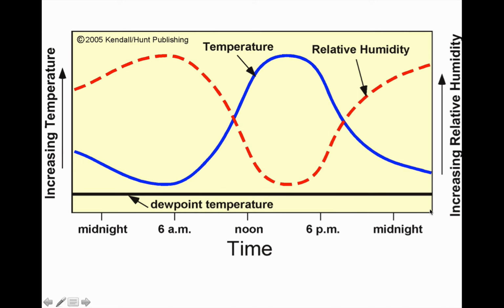Midnight to midnight on the x-axis. This line is dew point temperature. We're just saying that we're going to keep the dew point temperature constant. Now, if you know anything about temperature, usually our coolest temperatures are right before sunrise. And the temperatures warm throughout the day, reaching a peak in mid-afternoon before the sun begins to set and the temperatures cool off. Because relative humidity is basically related to the dew point temperature and the temperature, the closer these two lines are together, the higher the humidity. The farther apart they are, the lower the humidity.